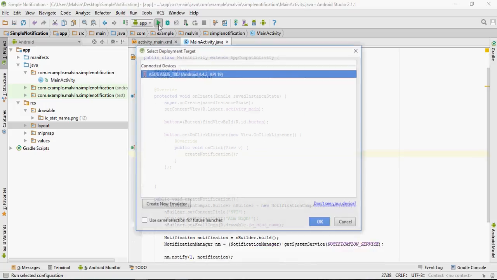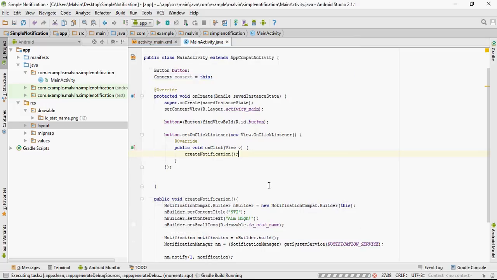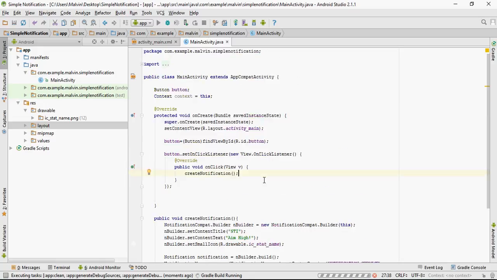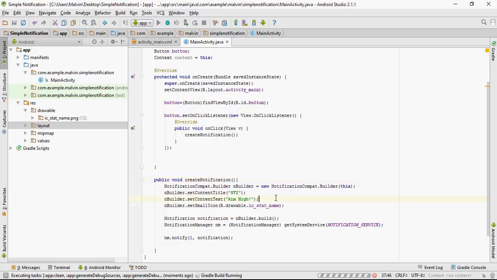We can run it now to the BlueStacks. So let's just wait for it. So the Gradle was running.